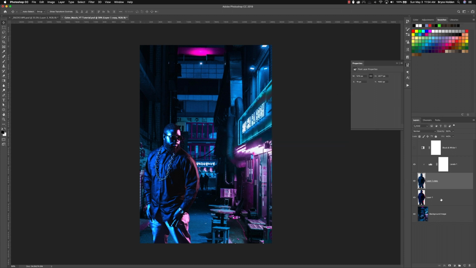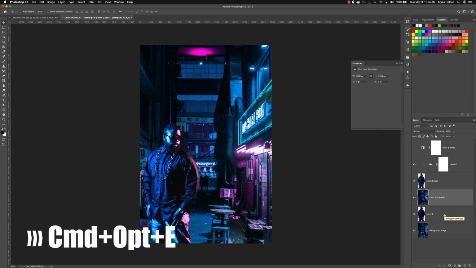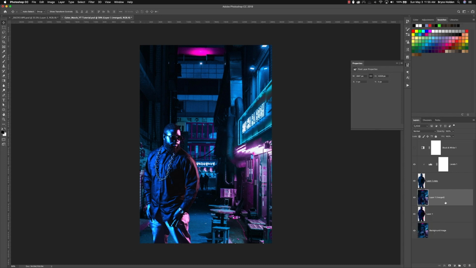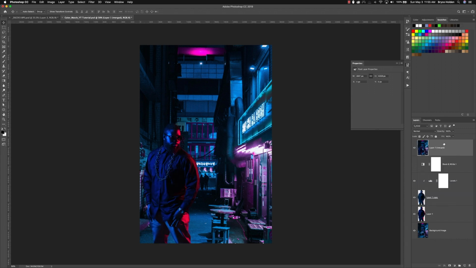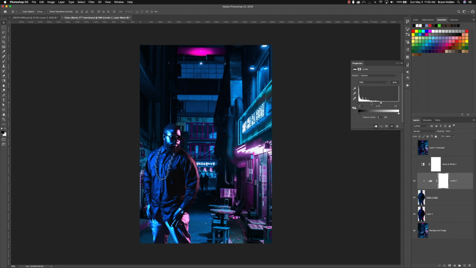And what I'm gonna do right here is grab our original cutout and our background together. I'm gonna do a Command Option E. What that's gonna do is combine those two layers into a new layer. I'm gonna bring it all the way to the top, and that's gonna give us a before and after. Before and after. And like I said, you can always come back in here to your levels and start working on that a little bit more. We can brighten that, darken that down a little bit, pull those highlights just a little bit more, and get this thing looking the way we want it. So there's some quick adjustments right there.